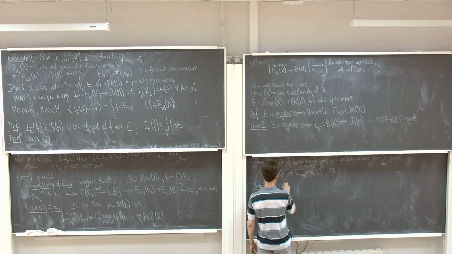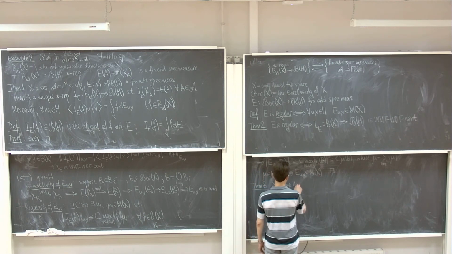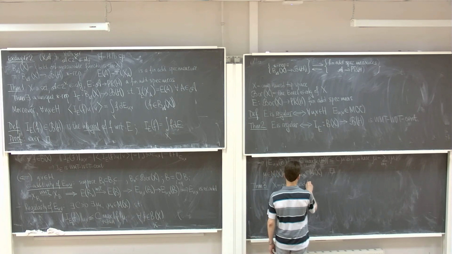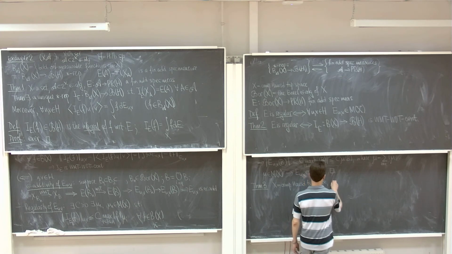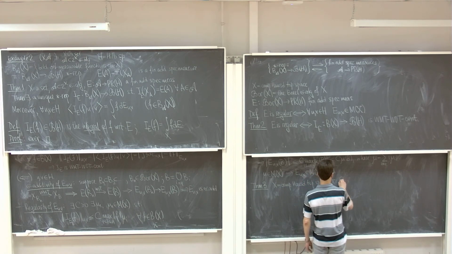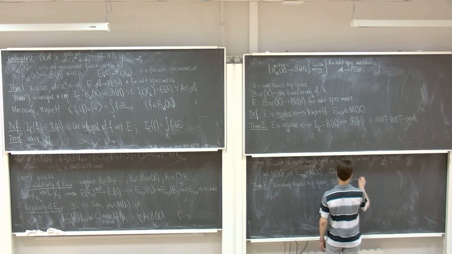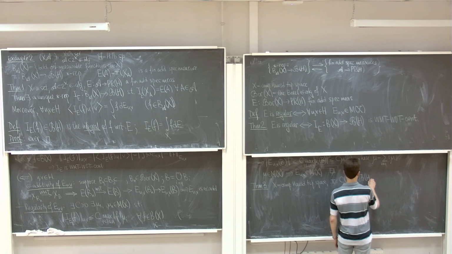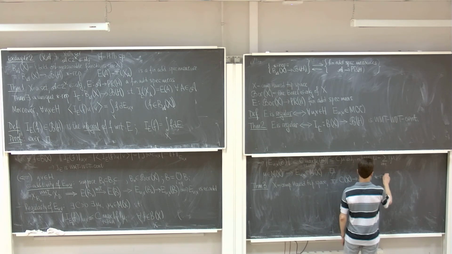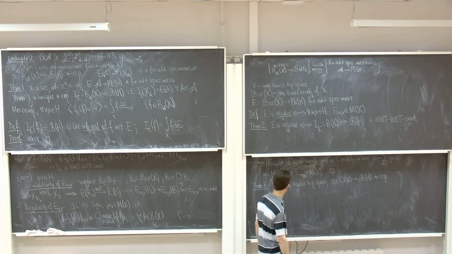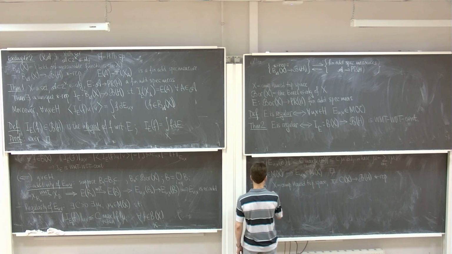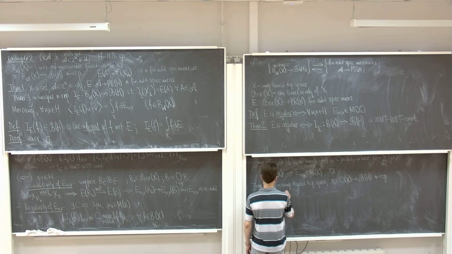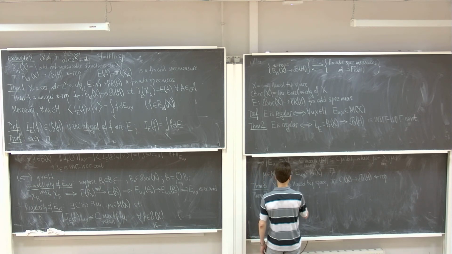Suppose that X is a compact Hausdorff topological space, and suppose that pi is a star representation of the algebra C of X on a Hilbert space H. Then there exists a unique regular spectral measure